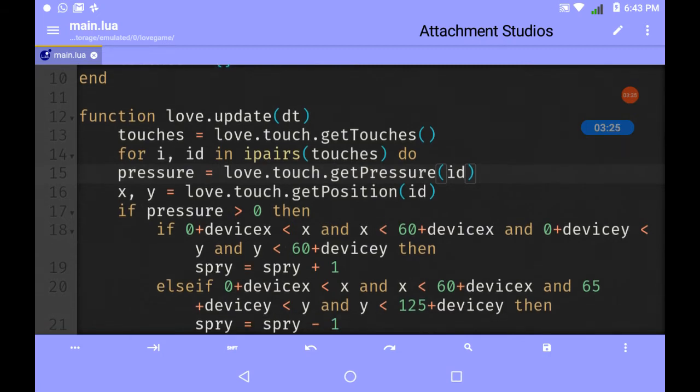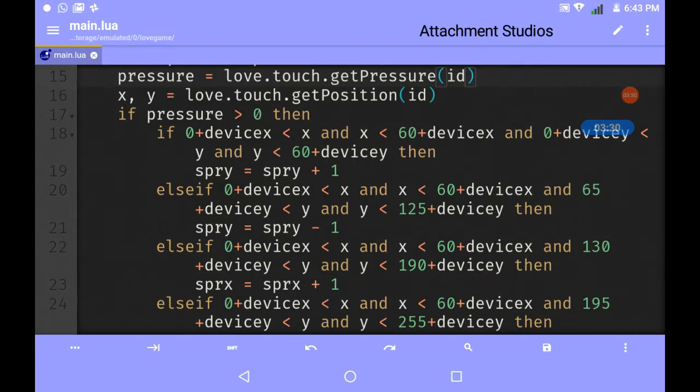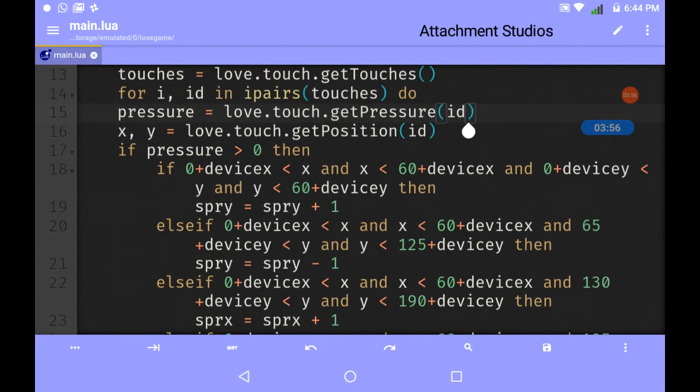For the next part, that is the same as when we made the buttons, how to make a button. These are the same type, but the difference is that what these buttons will do is just add 1 to the y coordinate or subtract 1 from the y coordinate, or the same for the x coordinate of the sprite.